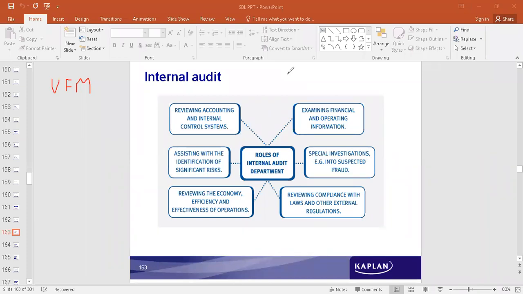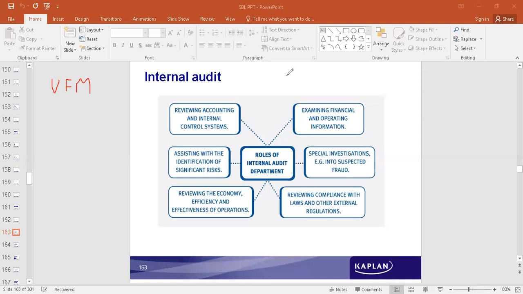See, any activity that is taken up, does it provide value for money? Generally we study this concept in terms of not for profit organizations. There are three E's under value for money. It talks about economy, efficiency, and effectiveness of operations. Economy is about whether measures are taken to minimize cost, whether cost control has happened or not. It looks into measures about cutting down on the cost.